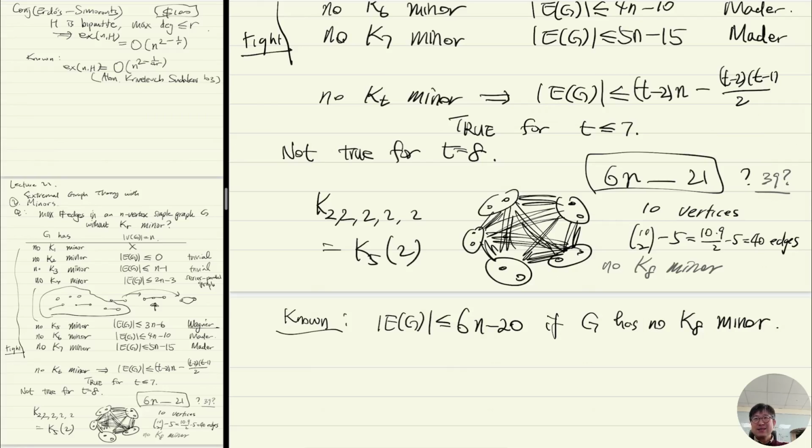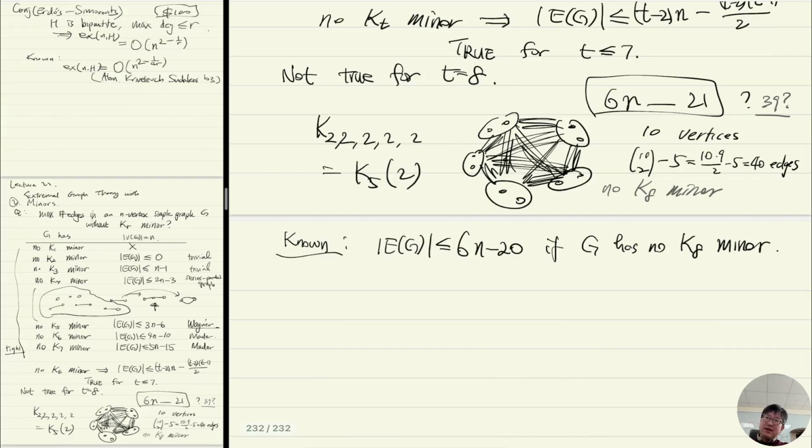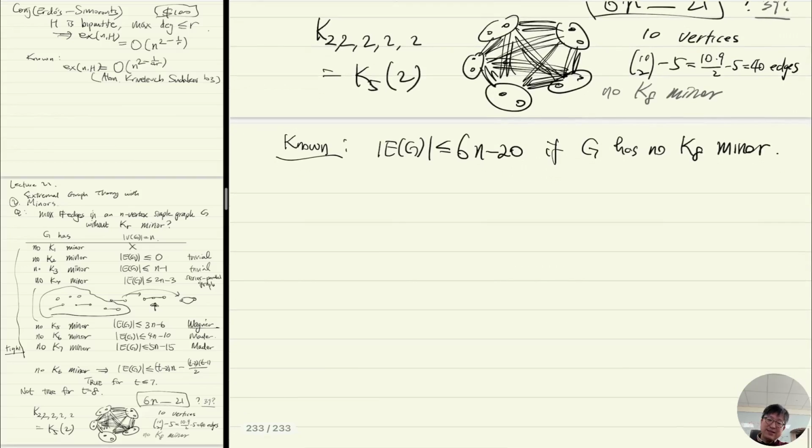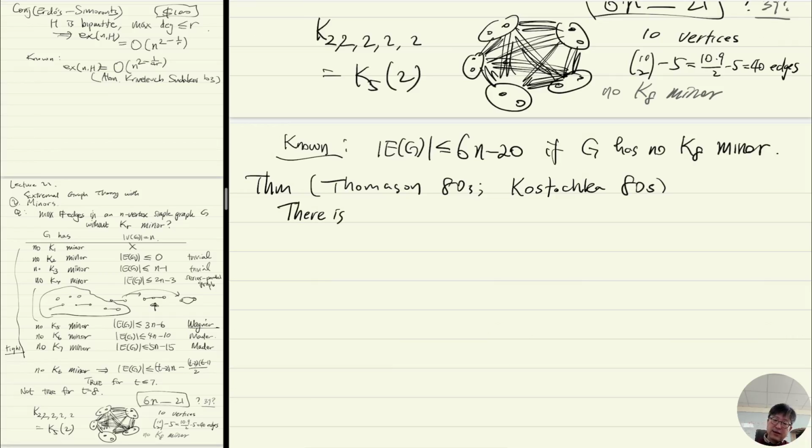So what can you expect in general? Now that has been a focus of study in the 1980s. So now we have a precise answer. The theorem due to Thomason, 80s, and Kostochka, also 80s, says that there is a universal constant C such that